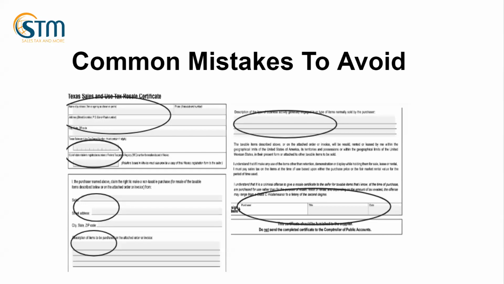So the next box is the description of items to be purchased. This can't be too vague, but you don't want it to be too specific either. You want really the Goldilocks bed. Enough information there that an auditor looks at it and says, okay, yeah, this will cover this, but not so specific that it's going to exclude certain items